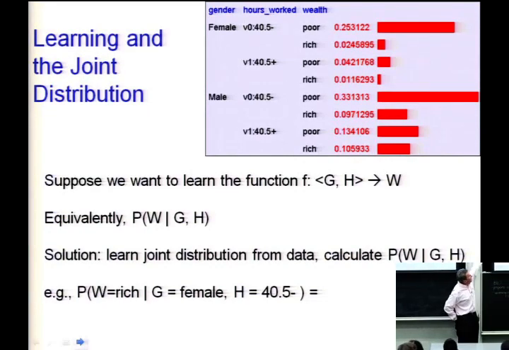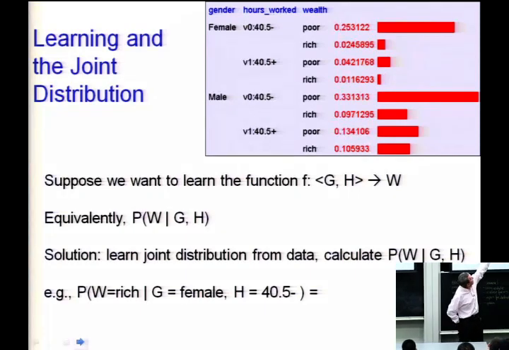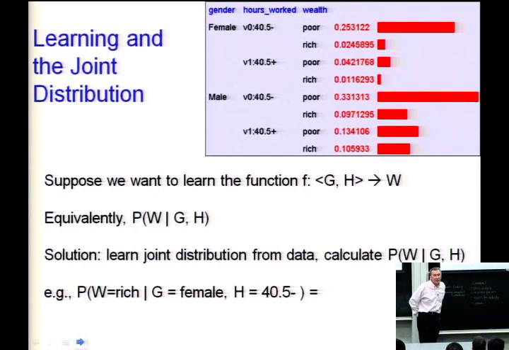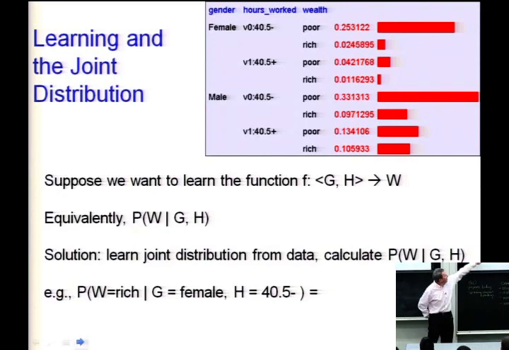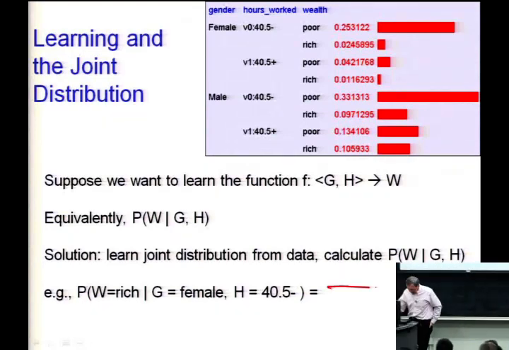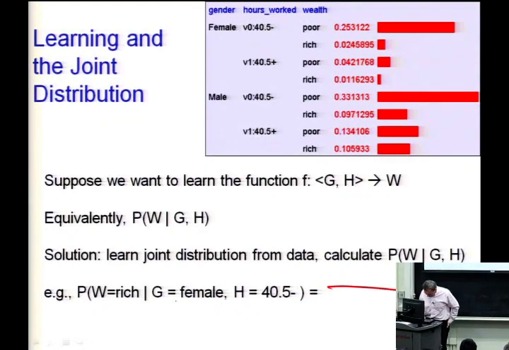Equivalently, I'm interested in this conditional distribution on wealth, given your gender and number of hours worked. And, well, it's easy. We just went through that. So if these are actually the probabilities of those, the joint distribution, then you can figure this out easily, right? It will just be, what? This will be, well,